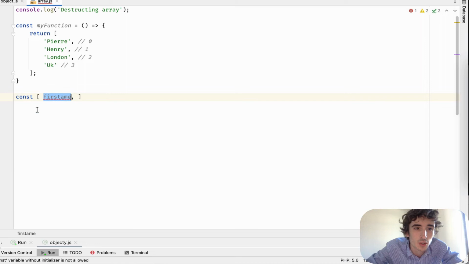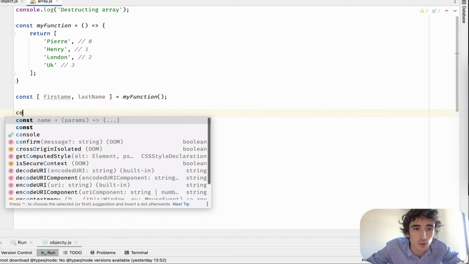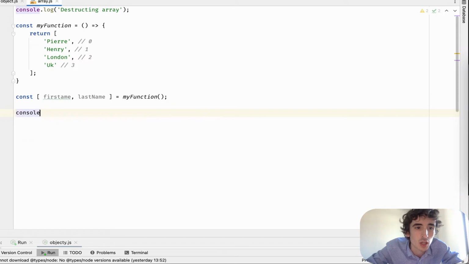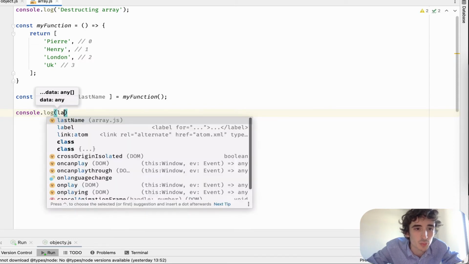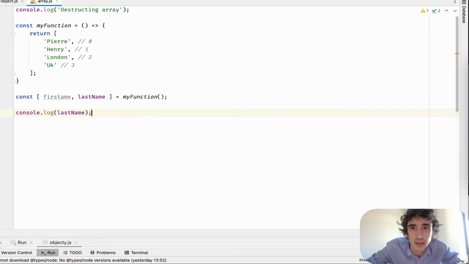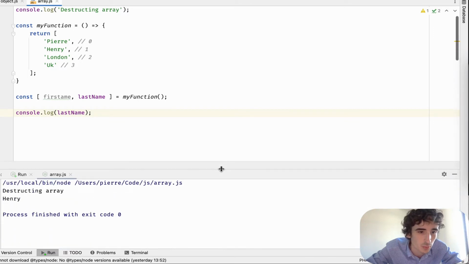So index 0 I say first name, index 2 will be last name, so it will be Henry, and then I just do my function, and now we can just do console log, and I will output last name, and let's see how it goes. So now let's run it. Just open, you see it's Henry, and now if I do first name instead,